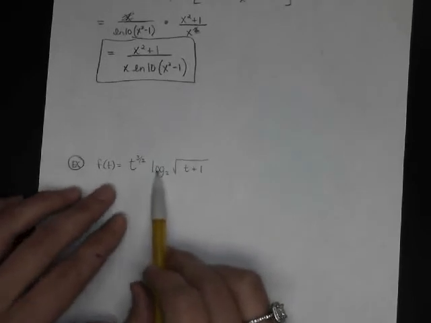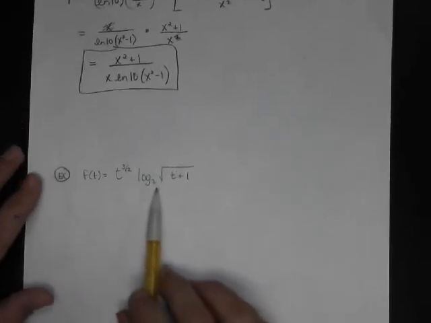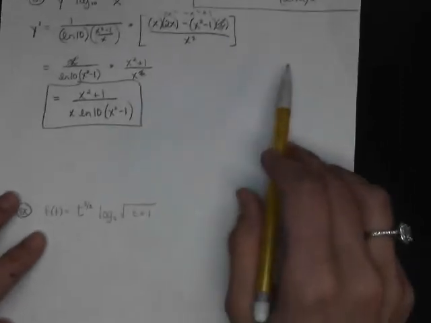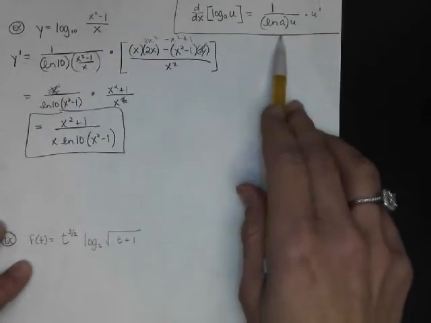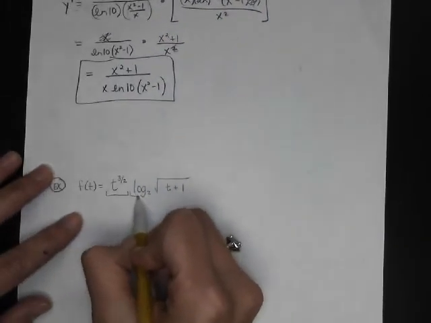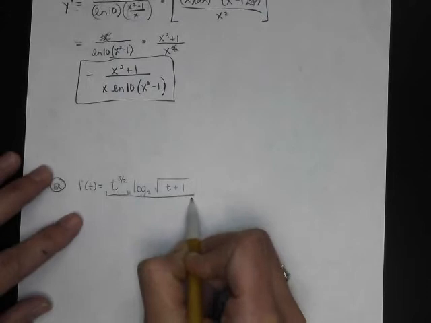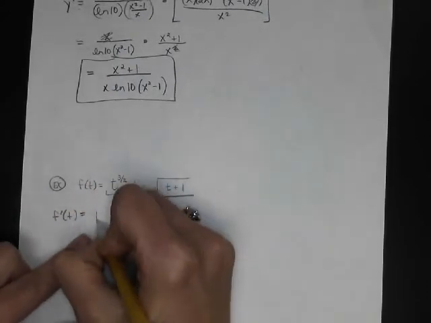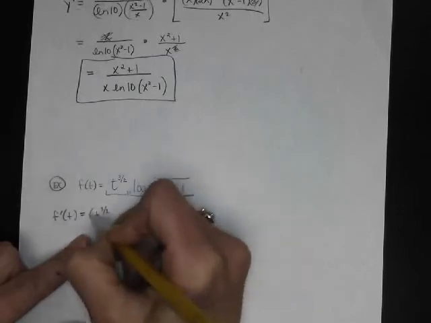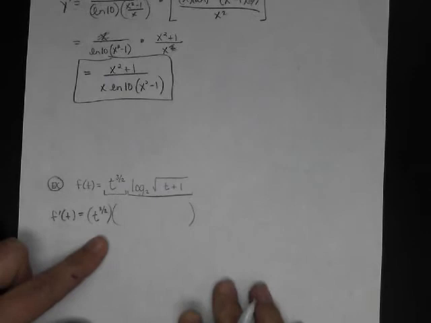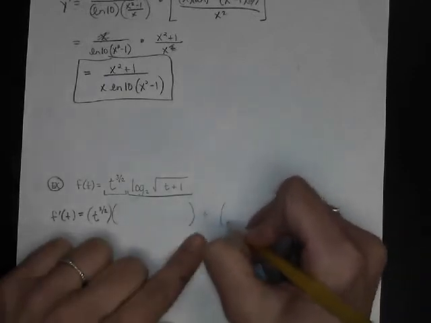And our last one here is a log function again, so I'm going to be referencing this. First things first, this is a product rule. First, second. So we're going to apply that. First times the derivative of the second, and we're going to get pretty lost in the derivative of the second, plus the second